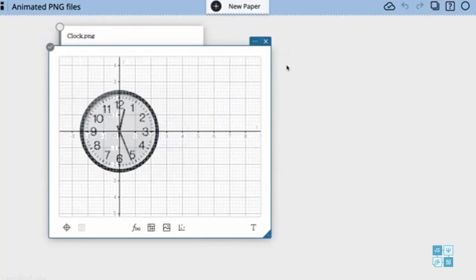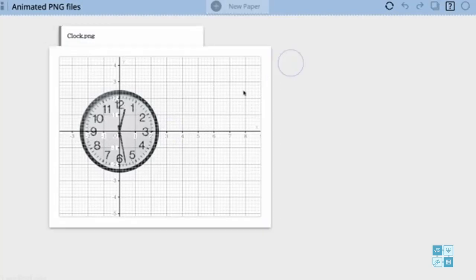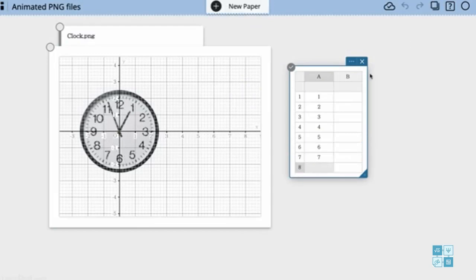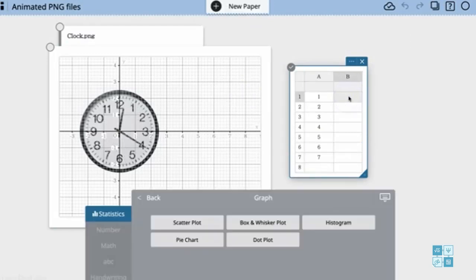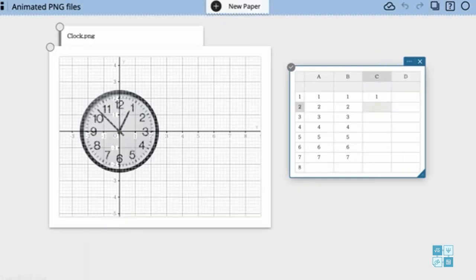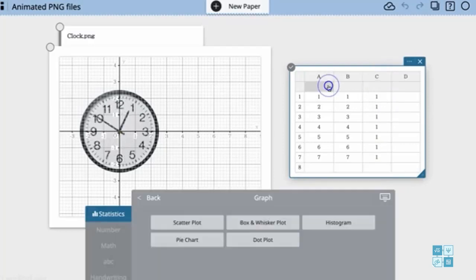So what I have to do here is I've added the information to it. Now I'm going to create a table, and the table is going to have 3 columns. First one is going to be just positions. Next one is going to be your X's. So this is going to be the same 1, 2, 3, 4, 5, 6. And finally, the last one's going to be your Y's. So what I'm doing is position. This is your X value, your X coordinate. This is your Y coordinate.